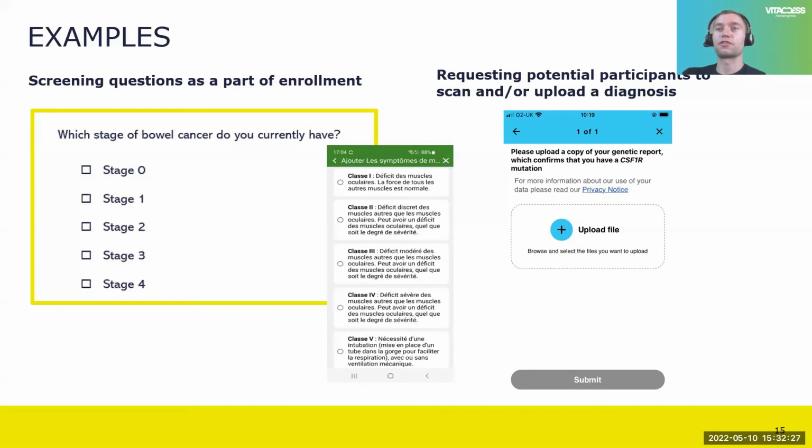So, for studies where we've implemented this upload functionality, we've been very clear in the privacy policy about why this is being done and what's being done with the genetic reports once they're uploaded into the database. And actually part of that, and